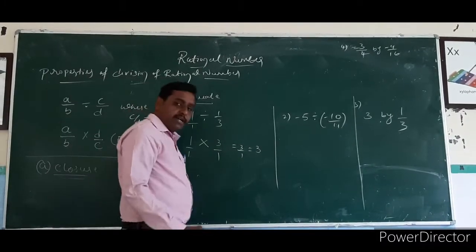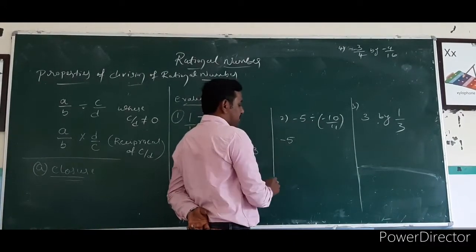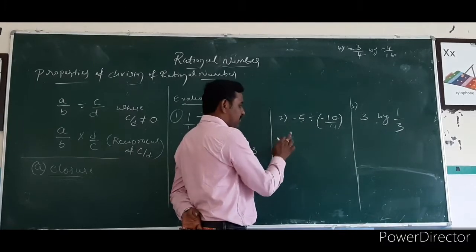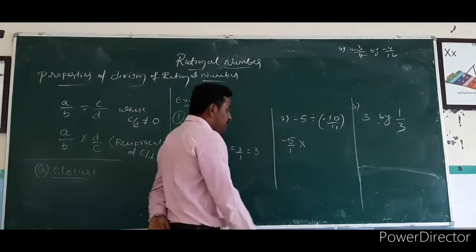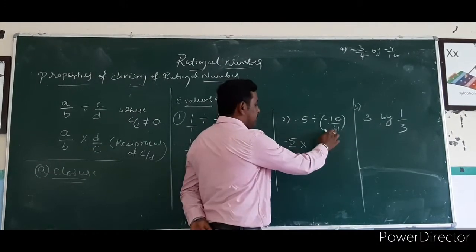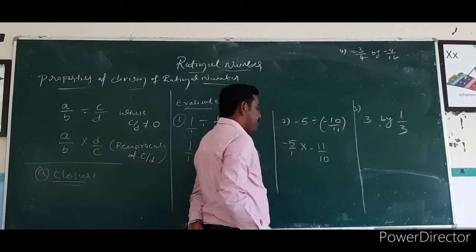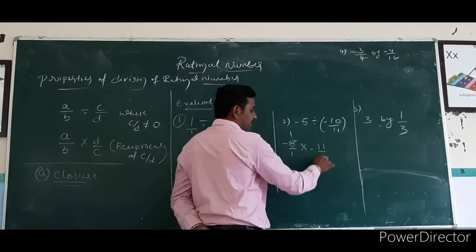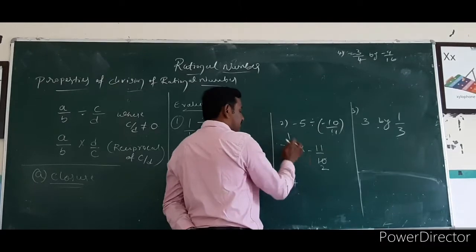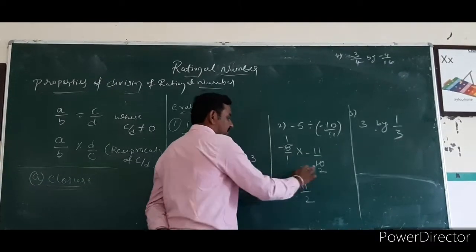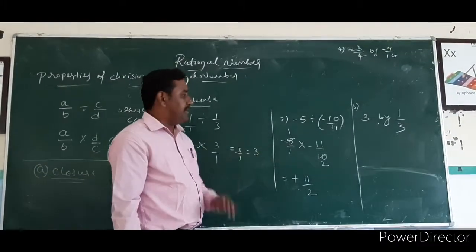So, we can easily solve by dividing rational numbers, first converting, and in the second rational number you exchange denominator to numerator, numerator to denominator. In this case, minus 5 is there, and nothing is given, meaning the denominator is 1. This divide symbol I am changing into a multiplication symbol. So minus 11 goes up, 10 comes down. Here you can cancel, 5 ones are, 5 twos are. Minus into minus, plus. 11 into 1, 11, divided by 2. It will not cancel further, so reduce up to the simplest form.